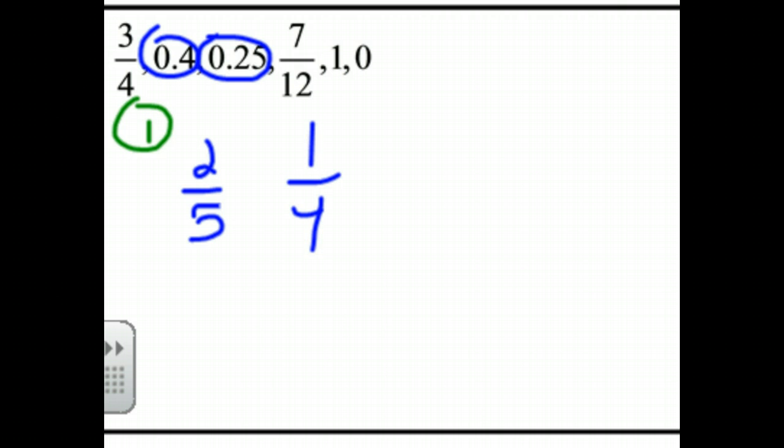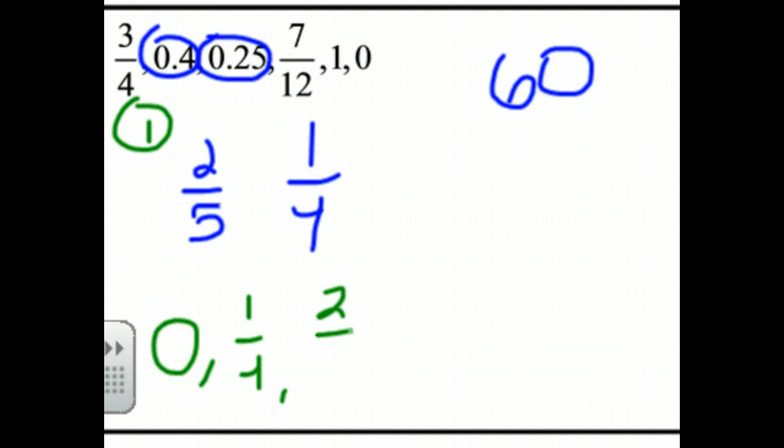Now at this point, you need to transform all of these fractions into a common denominator to compare them. And the common denominator of 4, 5, and 12 is going to be 60. Now without converting them to common denominators here, the answer that you get in terms of the ordering from least to greatest: 0 is the least, followed by 1/4, followed by 2/5, followed by 7/12, followed by 3/4,